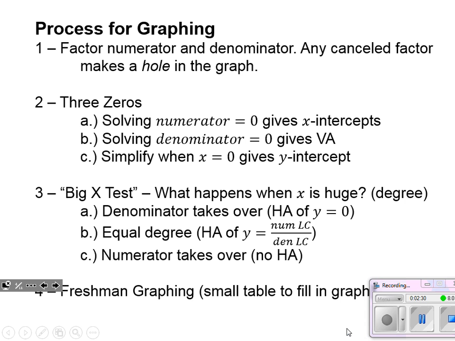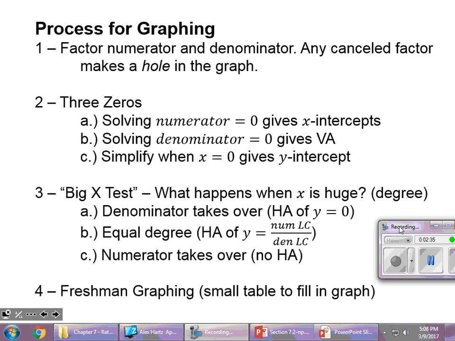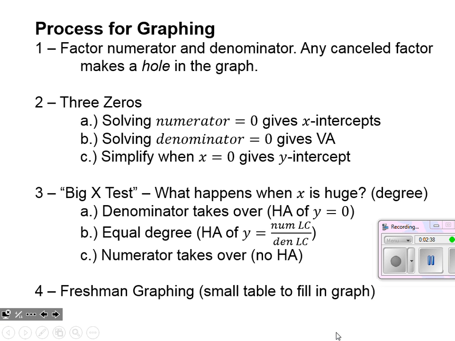All right, our process for graphing. I've broken this down into 4 steps, and this is how I go about teaching this. I think the more we can break down the processes in easy to understand terms, the better off we're going to be. Okay, so if we have some big function where the numerator is a polynomial, the denominator is a polynomial, the first thing we want to do is to factor anything and everything. Factor the numerator, factor the denominator as much as we can, because sometimes we'll get factors to cancel, and those canceling points, those factors that do cancel, they produce what we call a hole in the graph. The graph will just have a little gap in it at that point.